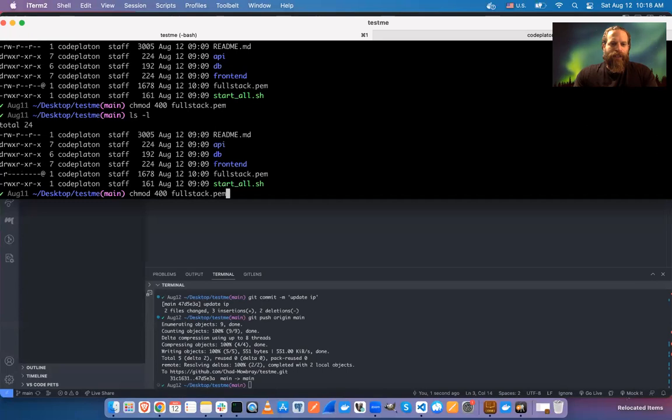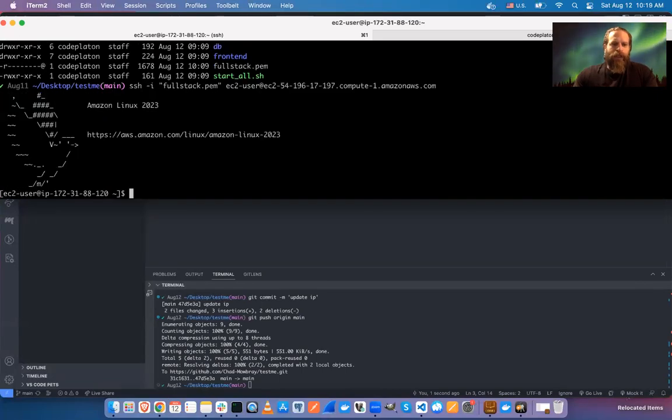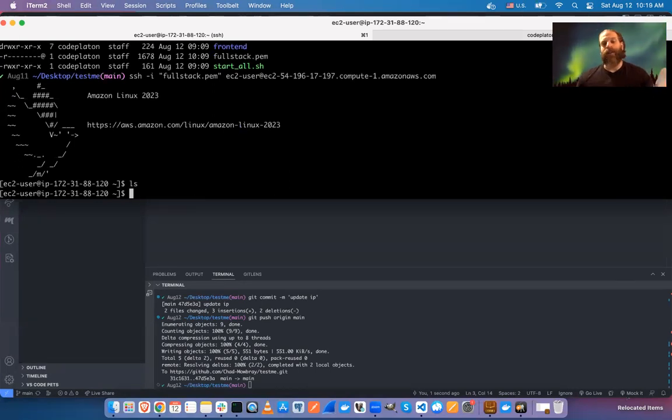Now we're going to SSH in again. We're going to run this SSH, include this certificate, and here is basically the IP address that we want, and then this user @, so this is a common syntax. So I want to SSH into this as this user. Okay, and now I'm in. So now I'm actually inside this computer, which I don't know where in the world this computer is, probably somewhere on the East Coast, but